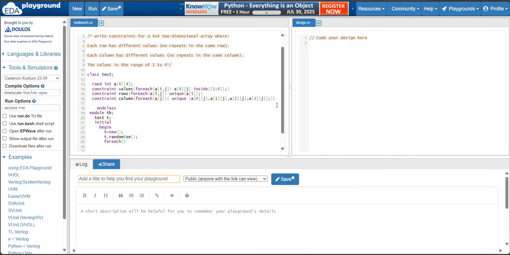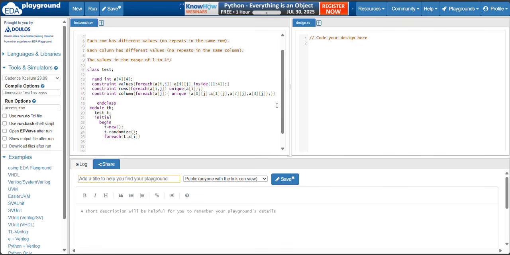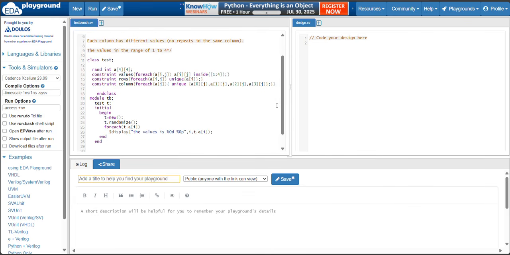Foreach t dot a of i, display the values, %0d, comma t dot a of i, comma t dot a of i. End module. Let's run the code.